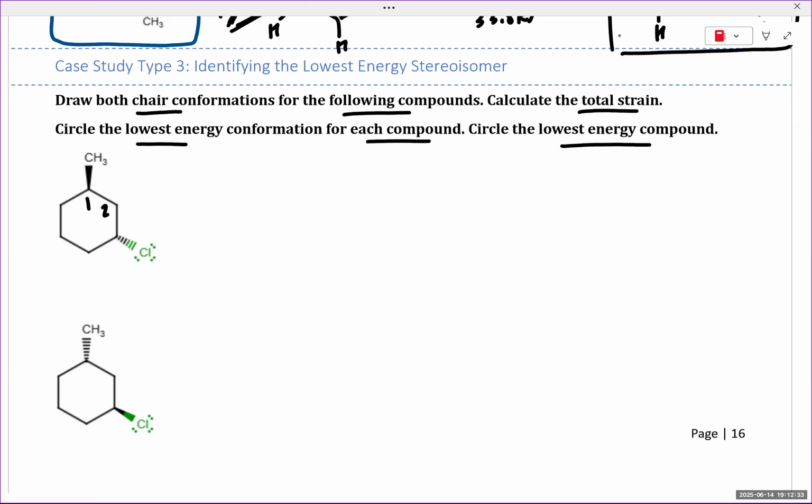Okay, so I'm going to number my carbons, and I'm going to draw out my first chair conformation. The methyl group is pointing up because it has a wedge. The chlorine is pointing down because it has a dash. The down position on carbon 3 is equatorial. Post chair flip,